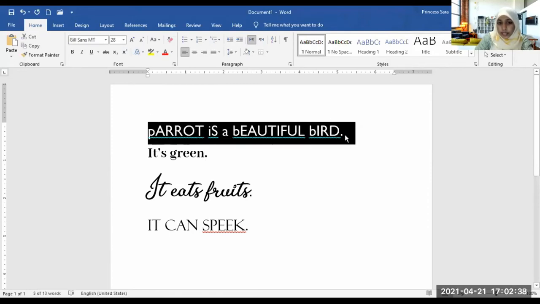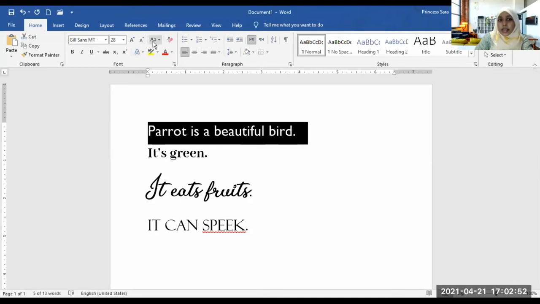Now see in this sentence. If I use the sentence case, what happens? The first letter only will be in capital and the rest of the letters will be in simple. That is sentence case. If I use lowercase, all the letters will be in simple letters.